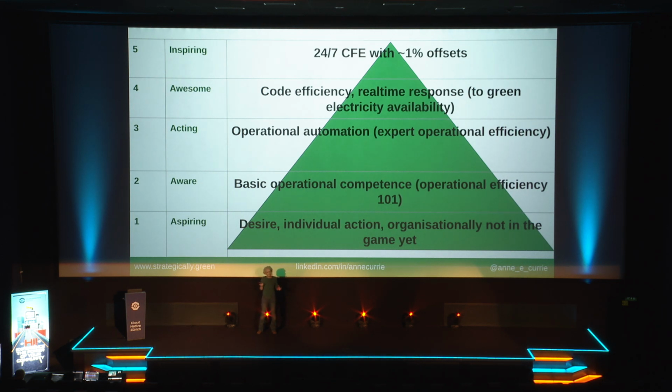And that's an incredibly interesting definition of what we're ultimately going for. Google defined that, but they didn't say they were going to achieve it immediately. What Google have said is that they intend to achieve that 24/7 CFE by 2030. That is quite some time off. Even though they are the world leaders in doing this stuff, they've still set their deadline for doing this. It's not tomorrow, it's quite some time off. And as I say, they're already massively ahead of everybody else.